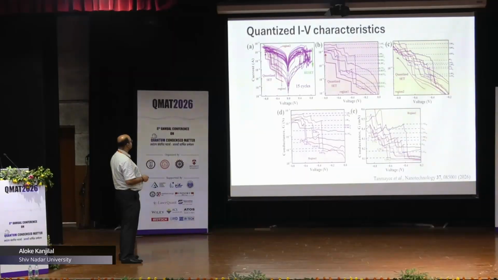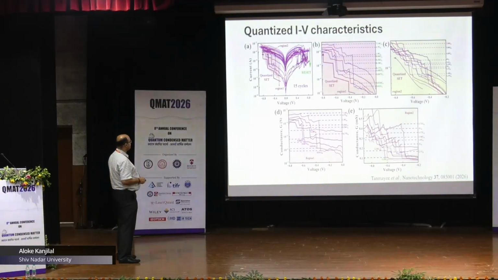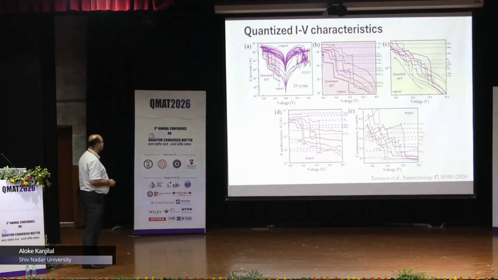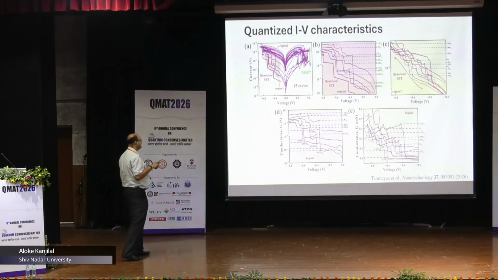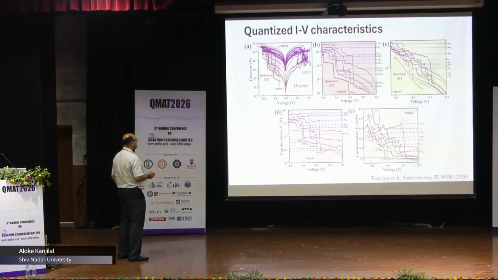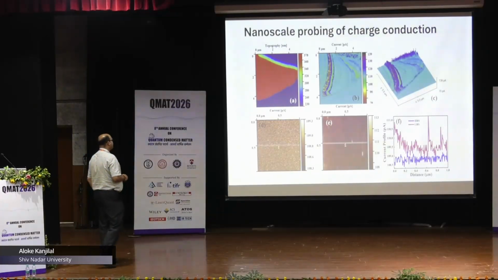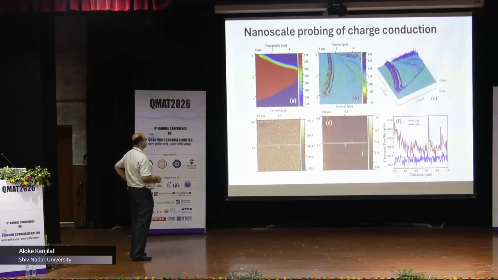So if I magnify, if I make zone 1 and region 1 and region 2 and magnify it, you can see that the steps maintain some kind of pattern, because G0, as I already said, is 2e²/h, which is called the quantum conductance unit. So it is a kind of multiplication of some factors. Okay, so it maintains something like that. Whatever time you grow, it is coming. So to understand why this conductance is happening,